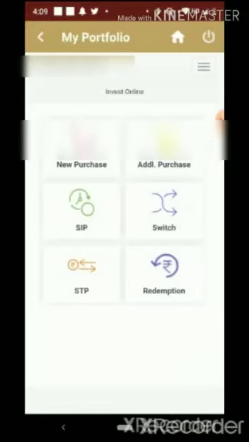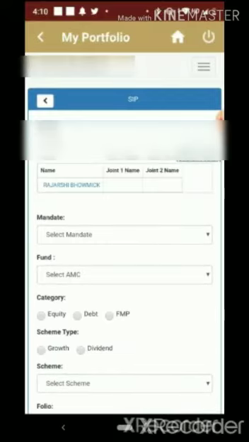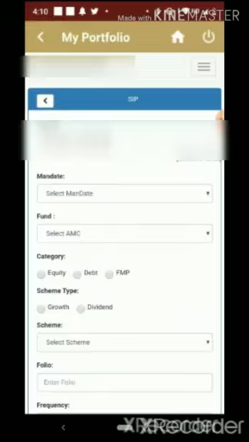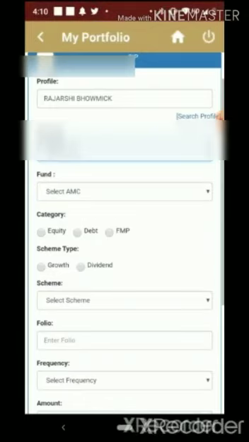Now we will check the option SIP. In SIP you have to select the profile name, then you have to select mandate. If the mandate is not registered, you can ask our back office team to complete the mandate procedure. If not, then you can select not found.